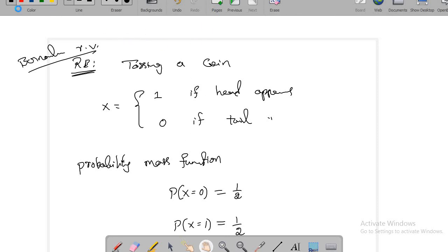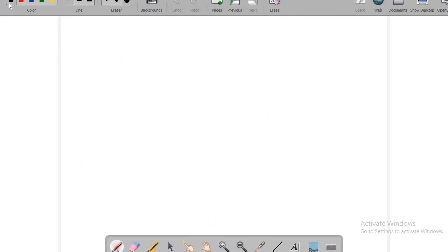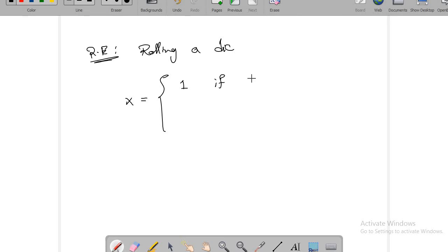Now let me define another random experiment. So that is also Bernoulli. Now the random experiment is rolling a die. So when I roll a die, I am giving numbers to x. So I'll take the value 1 if this die shows up